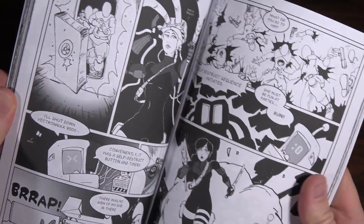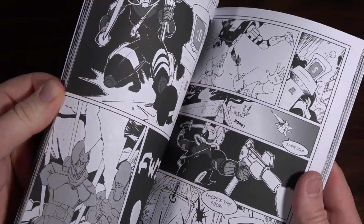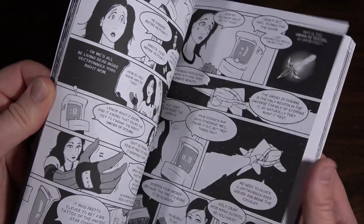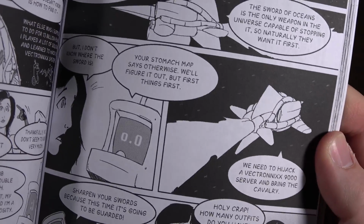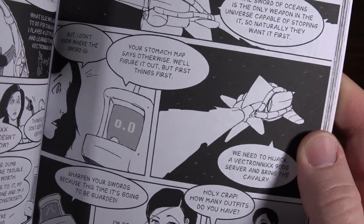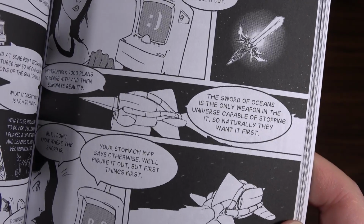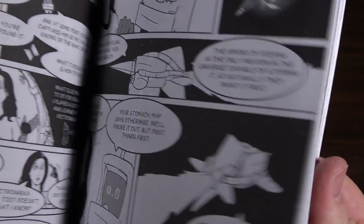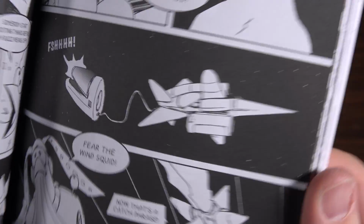One of the main characters in Ethel, the cyborg ninja, in addition to Ethel and Jesus and Windsquid, is Errol, the flying, talking spaceship. And I designed Errol and then sculpted a model and then drew the majority of Errol drawings in the book from that model, like that one. There's another one. And I have the model right here, as well as